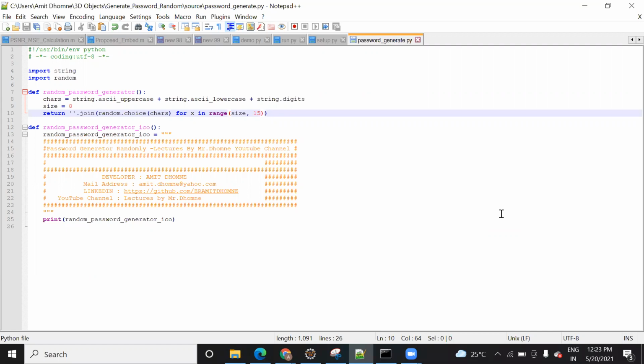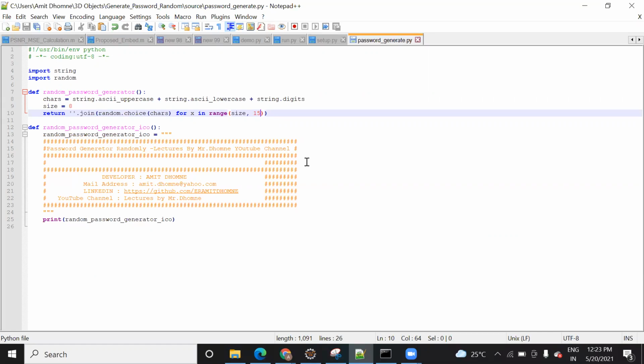Today I am going to show you how you can generate a password randomly with the help of Python code. In this video I will show you by writing the code, as I have already written the code, and I will show you how you can run it and generate the password, as well as explain how you can write code in Python to generate a random password for any password system, like where you need to set the password.